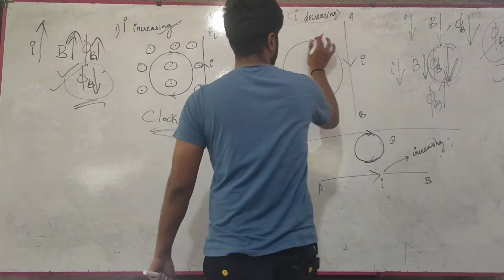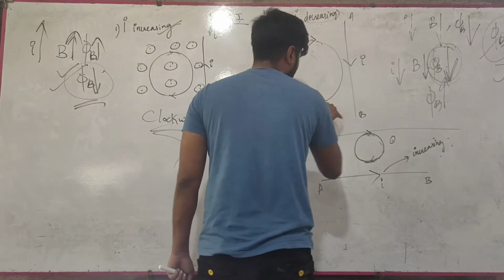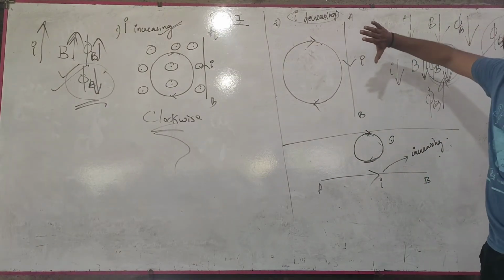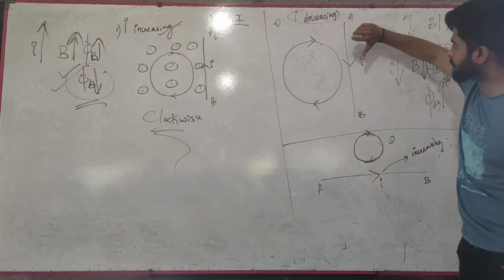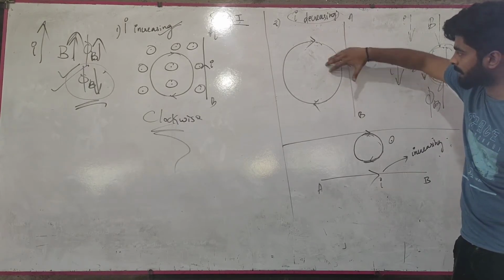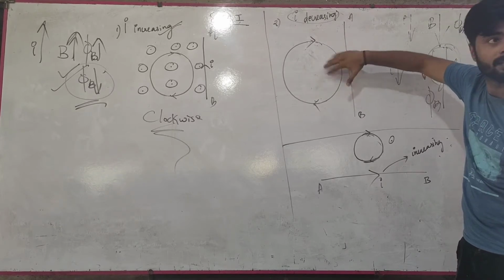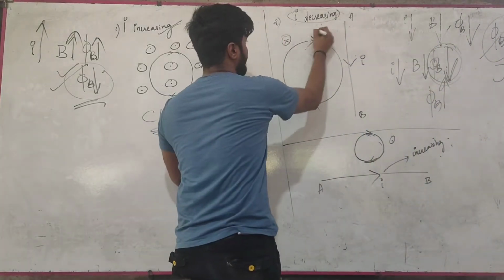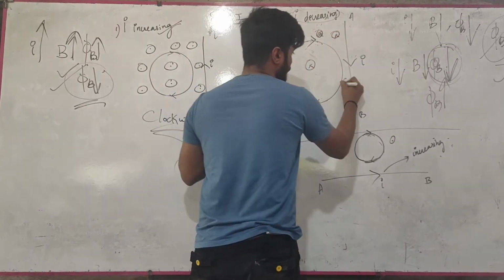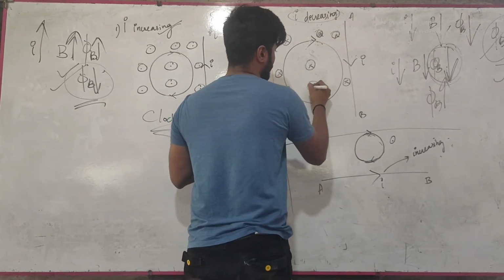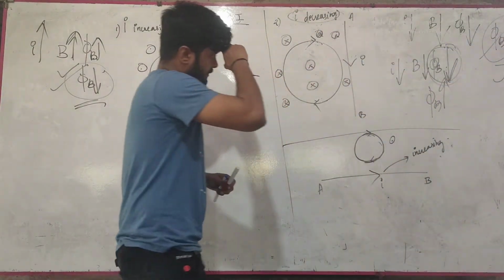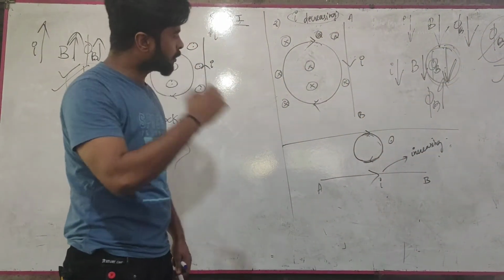So if the direction is clockwise, before that let us find the magnetic field in which it is placed. We have to use the right hand thumb rule for a current carrying wire. So the thumb is placed in the direction of current, right? And the curled fingers on this plane are going inside. So here the magnetic field is inwards. Right? Okay, fine. Now, what about the clockwise direction? The original magnetic field is going inwards.